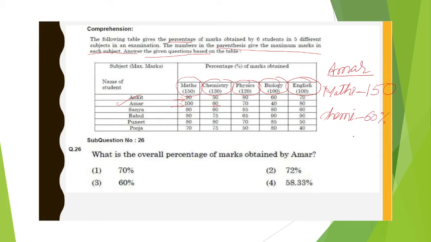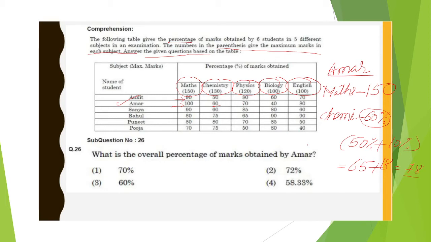How can we find 60 percentage easily? We can write it as 50 plus 10 percentage. 50 percentage is half of the number, that is 1 by 2. Half of 130 is 65, plus 10 percentage. If we remove the last 0, that is 13. That is 78, the chemistry marks.